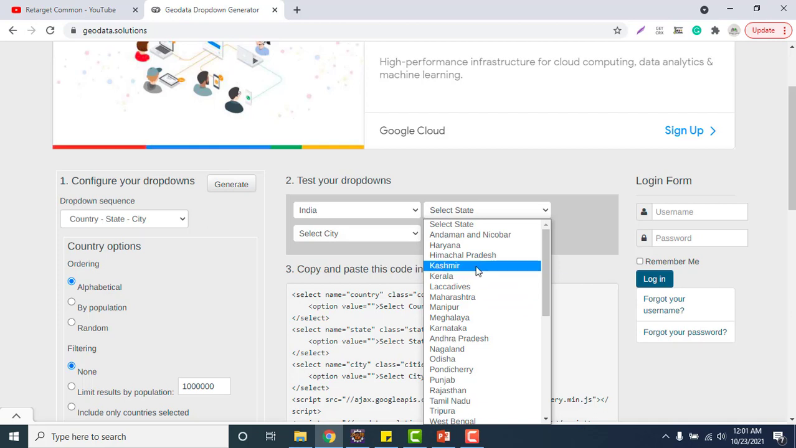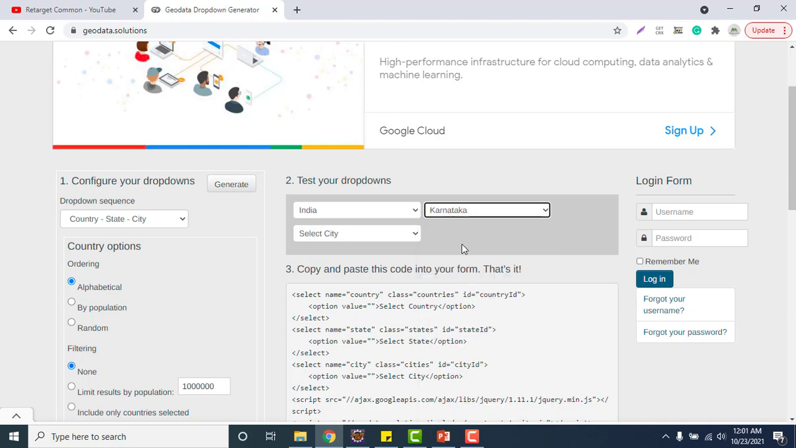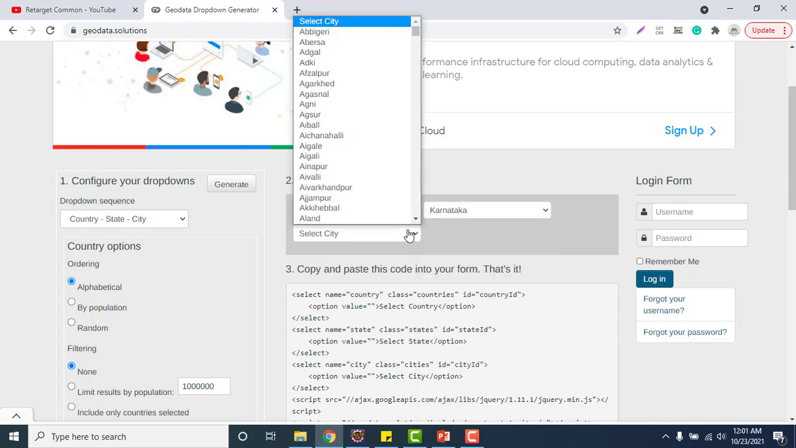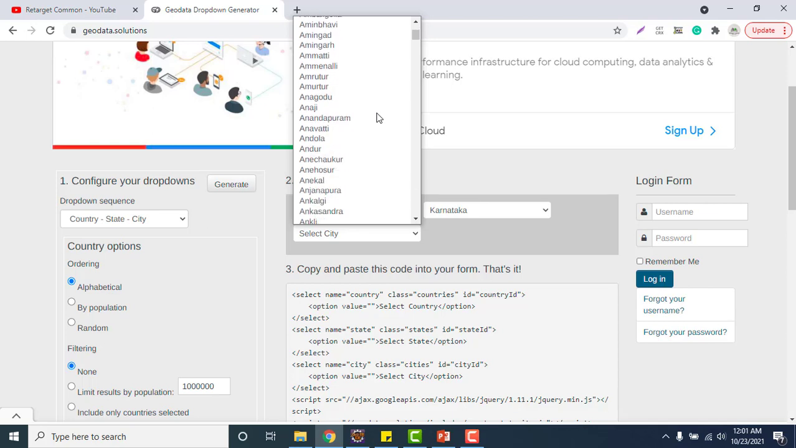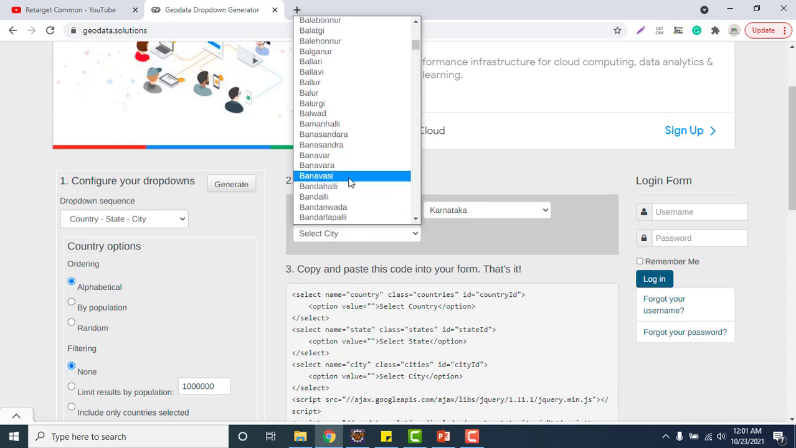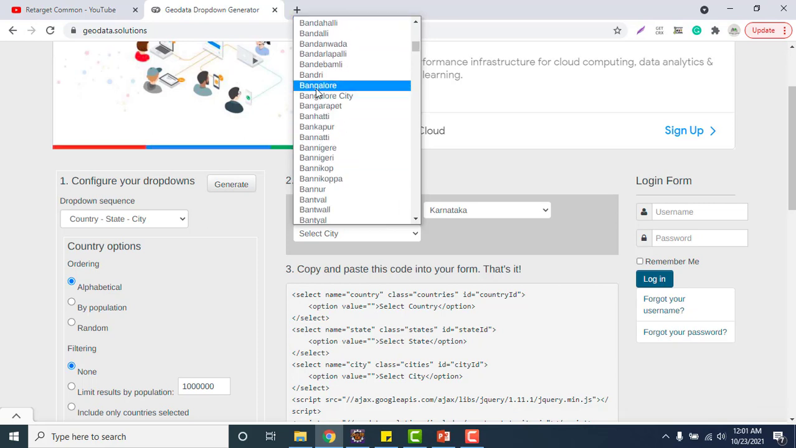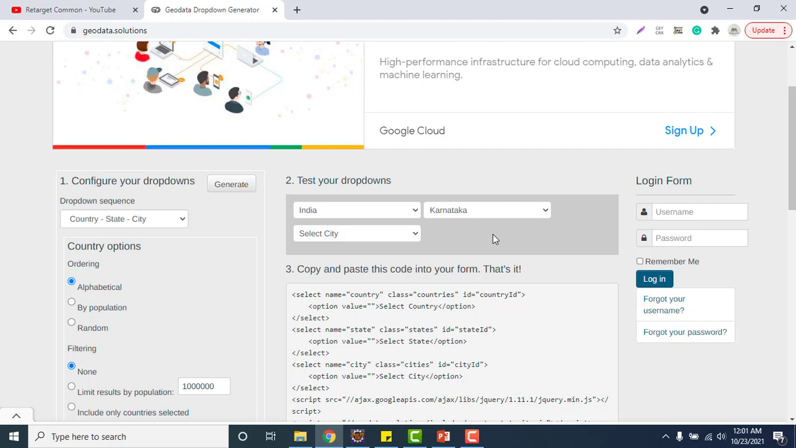And suppose I select a state here, like Karnataka. Then we will see all the city names present in Karnataka. The capital of Karnataka, Bangalore, should be here, and we can see Bangalore city. So what kind of drop downs are these? These are called cascading drop downs or dependent drop downs, because what comes in the second drop down,